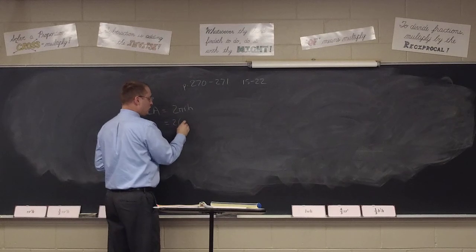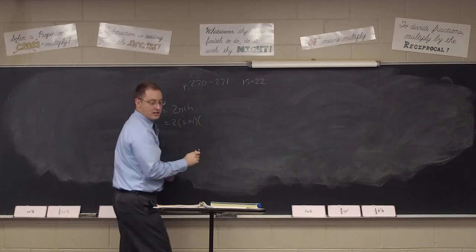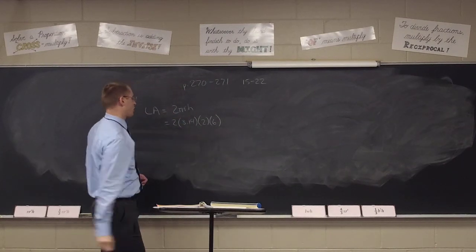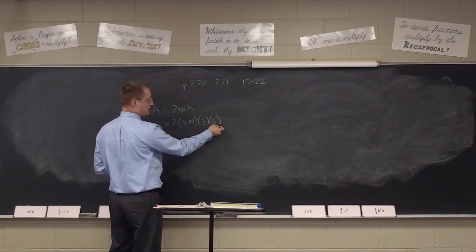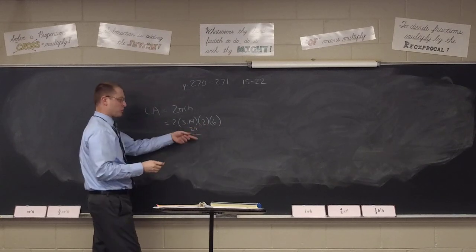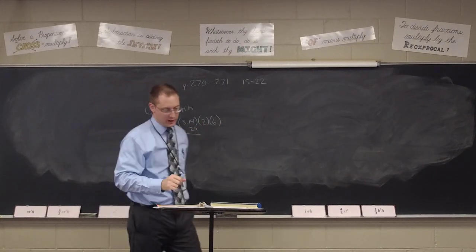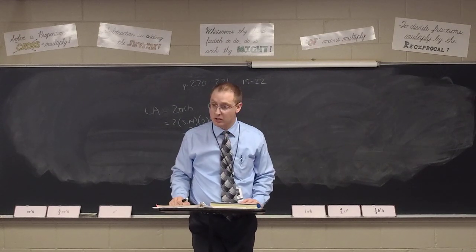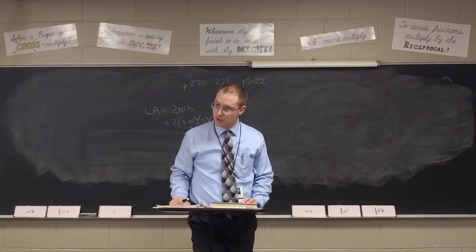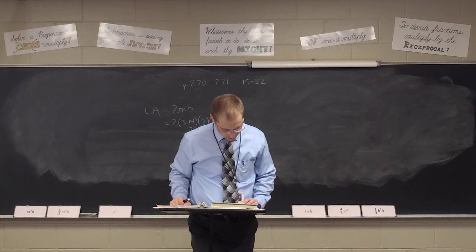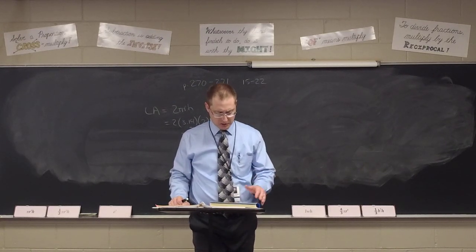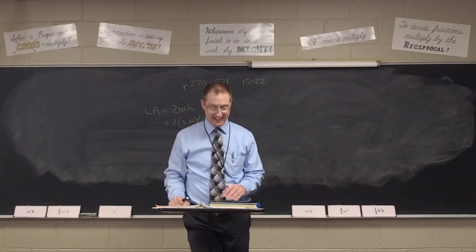And so we've got 2 times the 3.14, so the radius was 2 and the height was 6, is that correct? Yeah. All right, so I would probably say 2 times 2 is 4 times 6 is 24, and just multiply the 24 by the 3.14. What did you get for your lateral surface area? The first answer on number 17? 75.36 inches squared. Approximately 75.36 square inches is that lateral surface area.